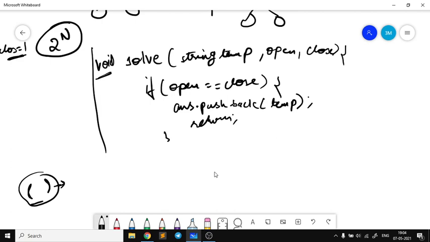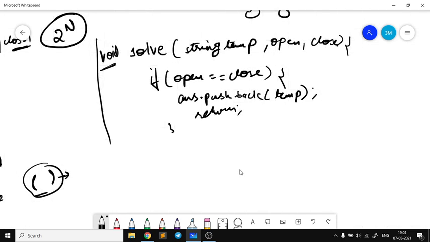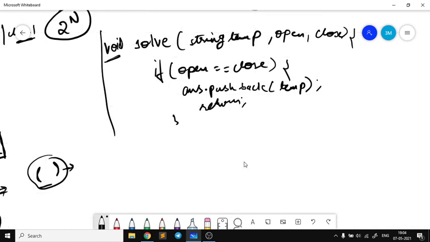Because this is our base condition, and after the base condition we normally return, right? After every base condition we return back to the previous parent function. So now we had two choices, and those choices were based on some if conditions. The first condition is that